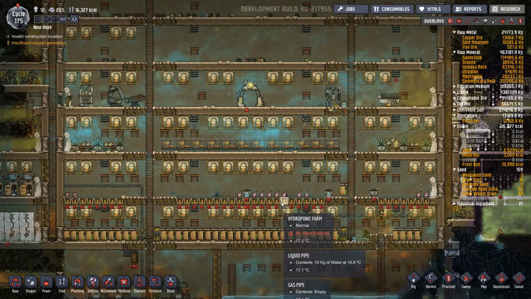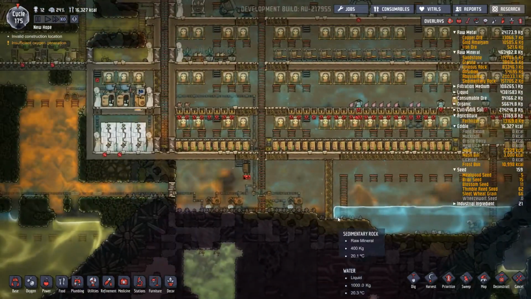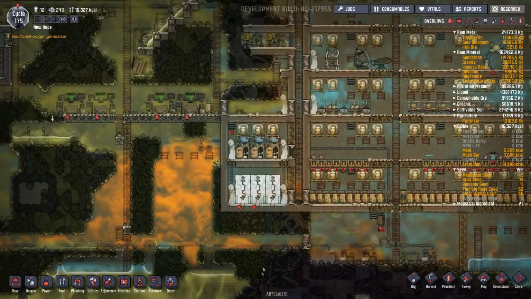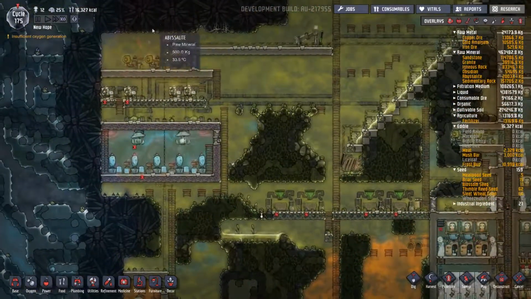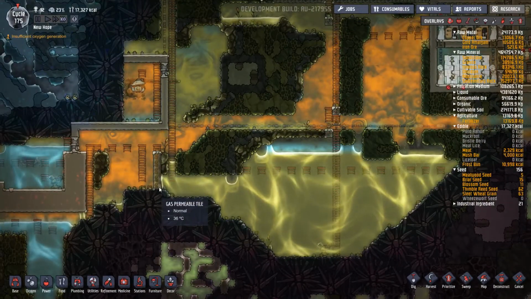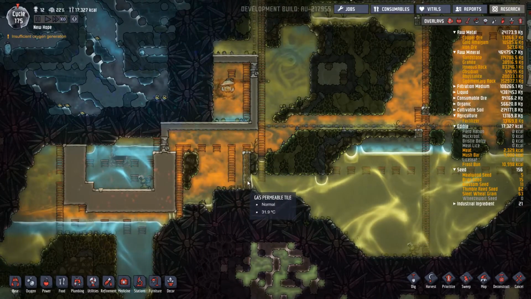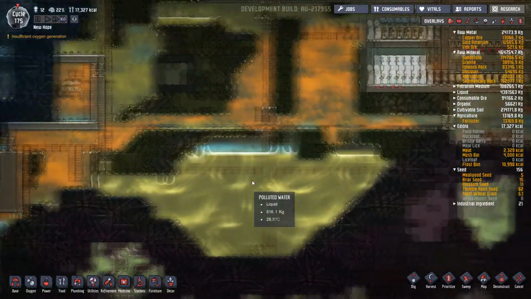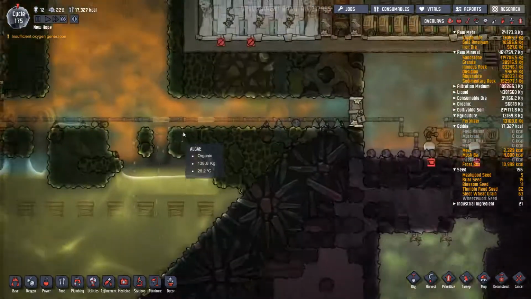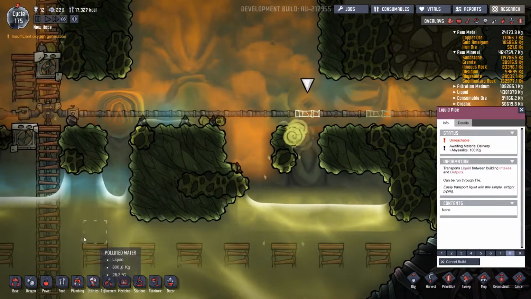So, where did we get to on the last episode? So we lost all our hatches. We've only got one left. We've got this running. We've sorted out our issues with gas permeable tiles to maintain water behind a certain point. We have got... Is that pipe unreachable? Why is it... Oh, because I've put...